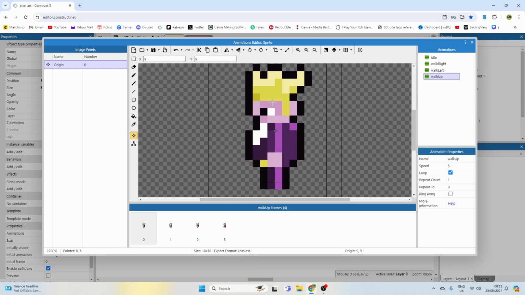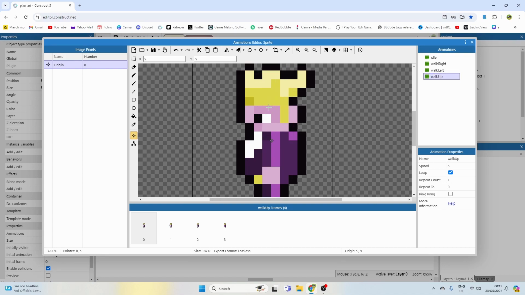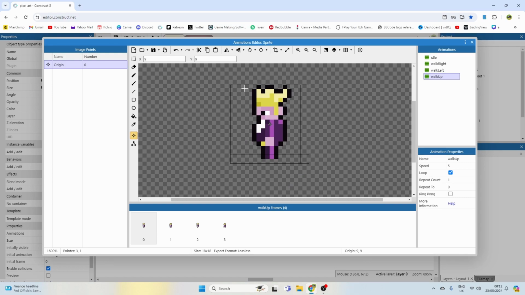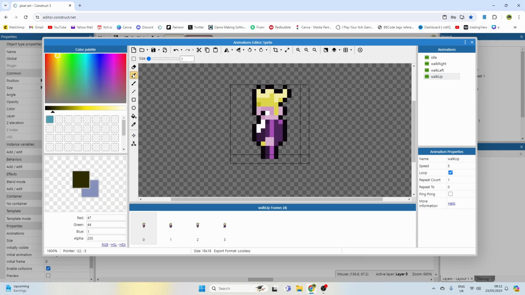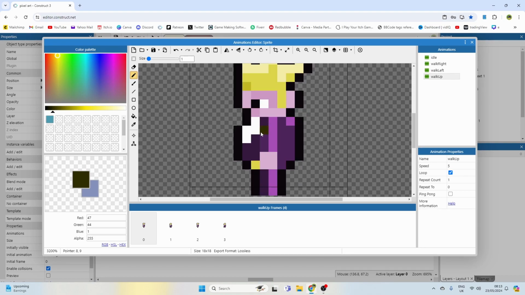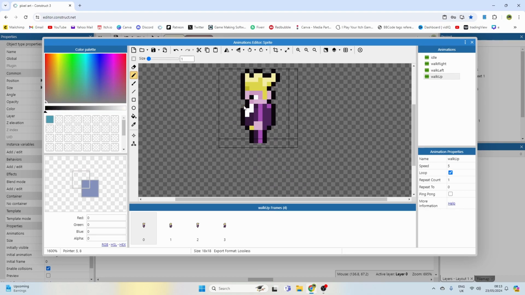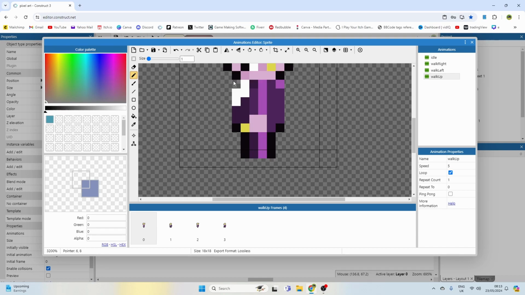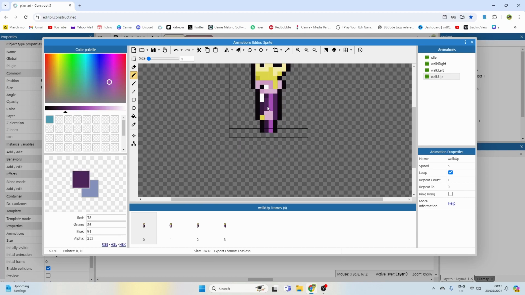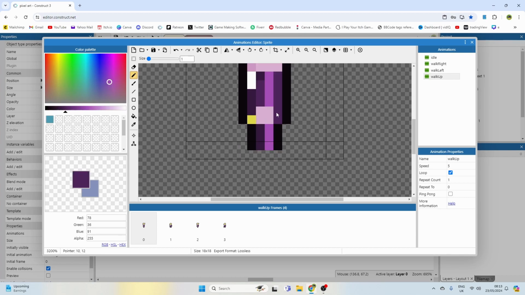And this is where we need to start doing some pixel art. So we need to put him in a forward facing profile facing away from us. And like I did in the other episodes, I'm going to start with just the middle section of his body. So I'm going to draw that down there and do that down there. He's not going to have hands to the back of him, so we're going to do that. In fact, I'm going to go ahead and color the whole block in